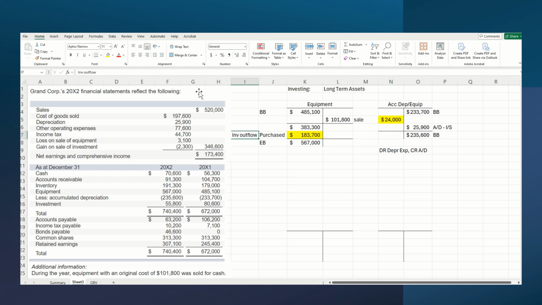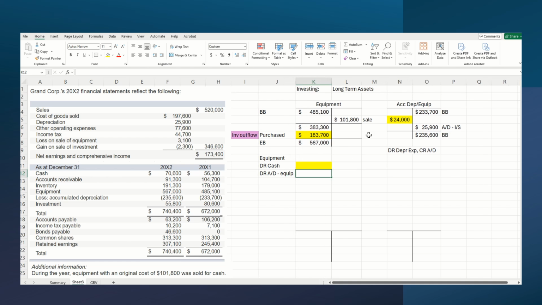So now we're ready to actually start with our journal entry for the equipment sold. I'm putting purple things through on what we have to put on the cash flow statement so that when you do your T account analysis, you can track each item that you need to put there. So on the equipment sale, we need to debit cash for the equipment sold. That's what we're trying to calculate, and I'm going to put that in yellow. Yellow is all the things I need to figure out in this question that aren't given to me. I need to debit my accumulated depreciation on the equipment I sold, because really I need to get rid of everything related to the sale of equipment. So the amount was 24,000, so I'm going to formula that up to the T account. And then of course I have to credit the cost of the equipment sold,